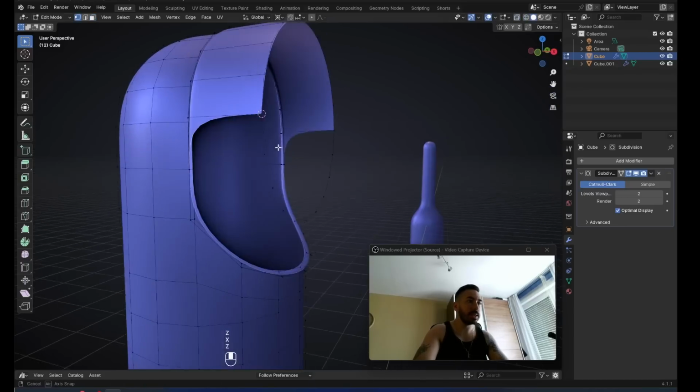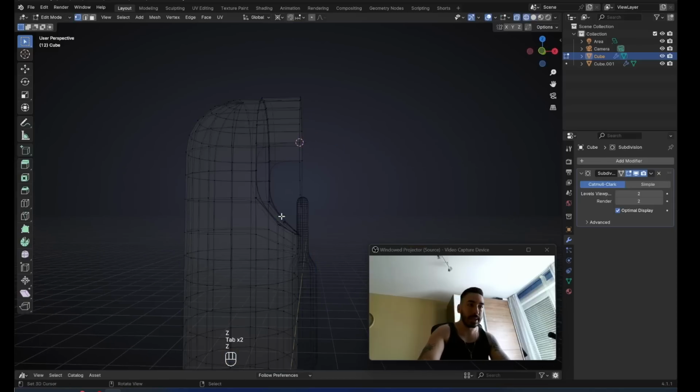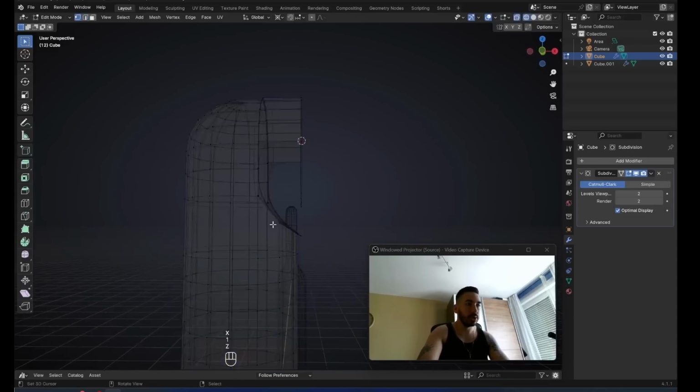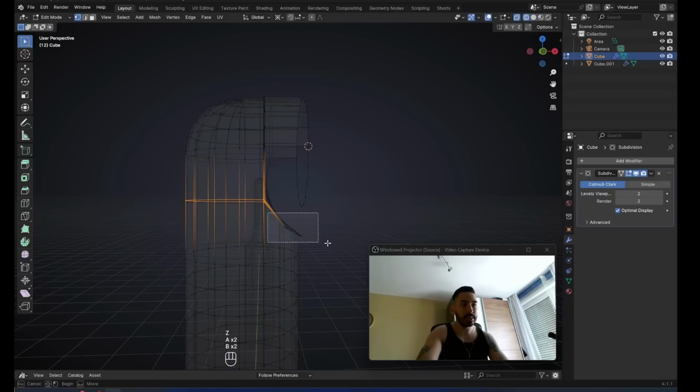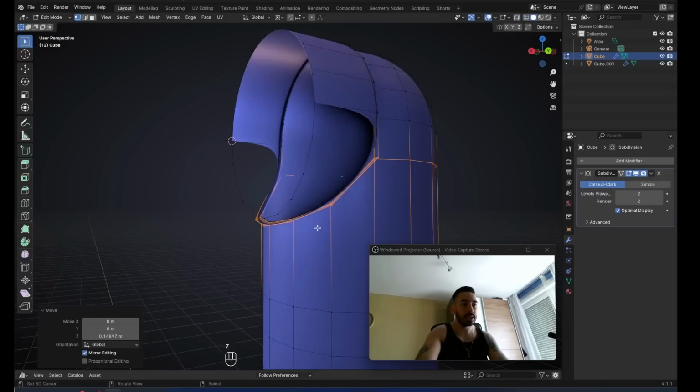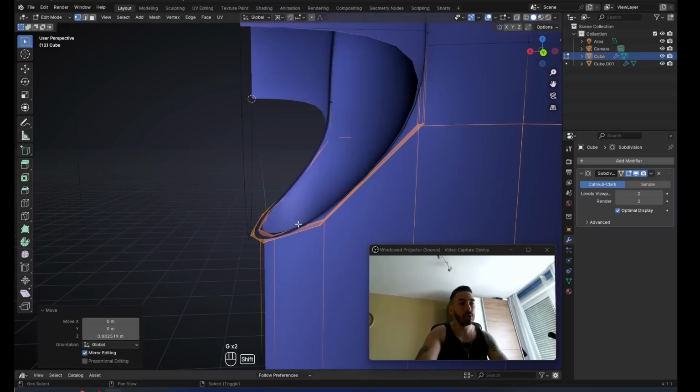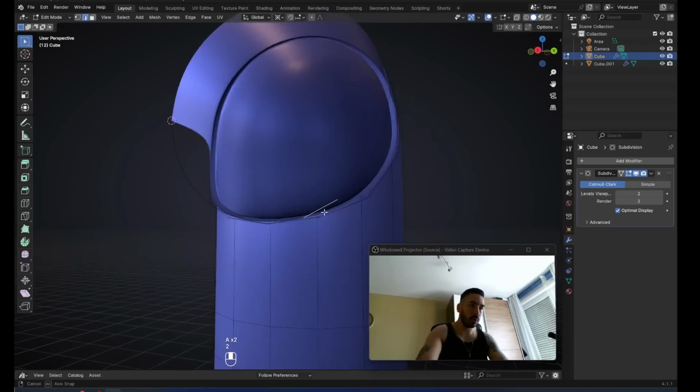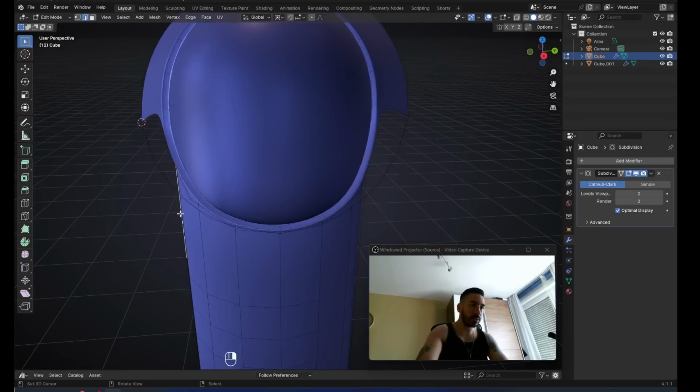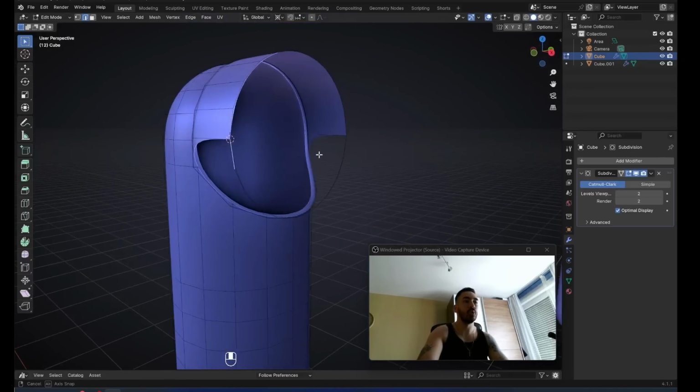We're going to delete the vertices in the back and now we have to figure out a way to connect this. So let's dissolve this edge loop down here. We're also going to get rid of this one. Now select these vertices in the front and lift them up. We're going to see if we can connect this with the circle that we just created. We got 1, 2, 3, 4, 5, 6, 7, 8, 9, 10 edges that we have to connect, and we